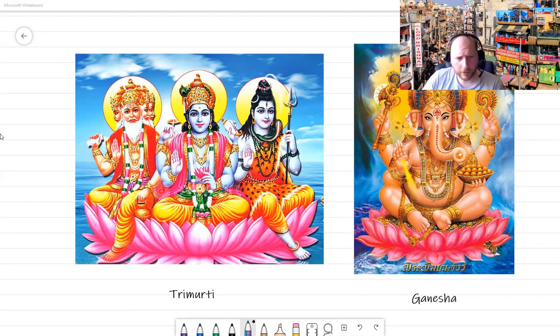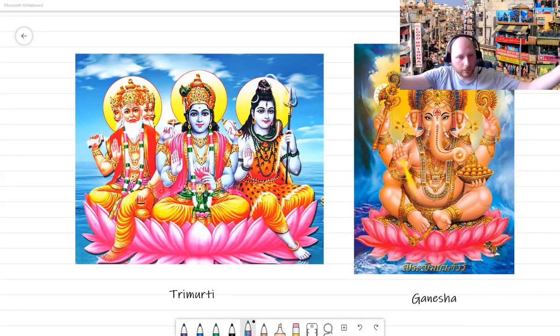I've heard a Hindu tell me once that there are as many different types of Hinduism as there are Hindus, because it's not that kind of religion where there are laws or rules, particularly. I mean, individual Hindus will have their rules and laws, but a Hindu from one village might have a completely different idea about the religion than a Hindu from another one. Yeah, you might have a different idea about the religion than your dad or your mum does. Yeah, so it's one of these beautiful religions.